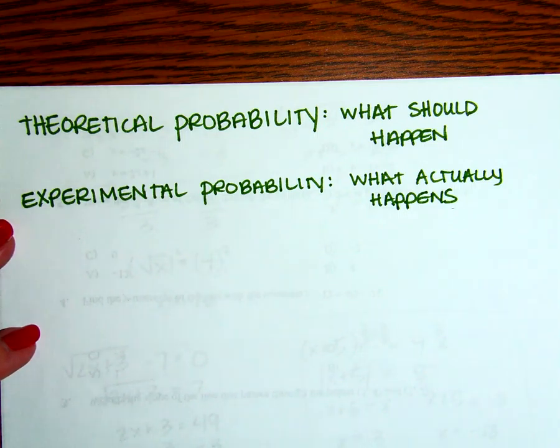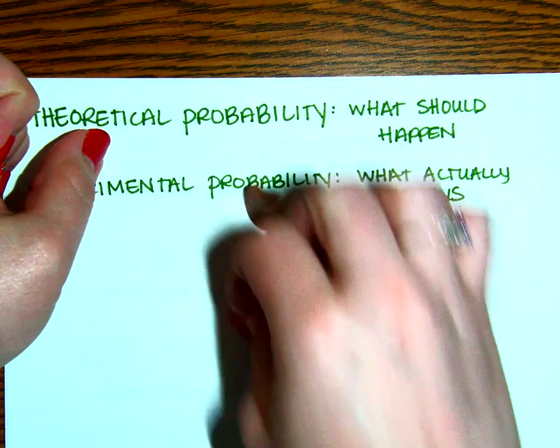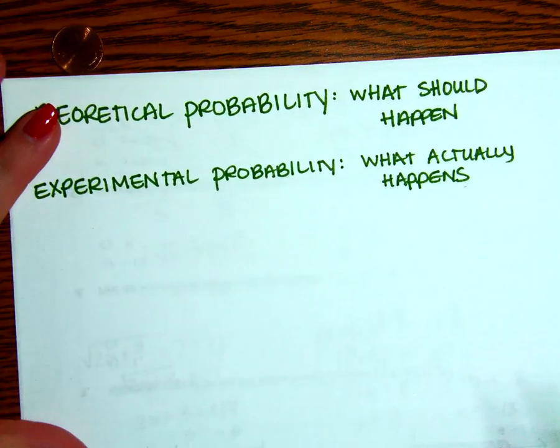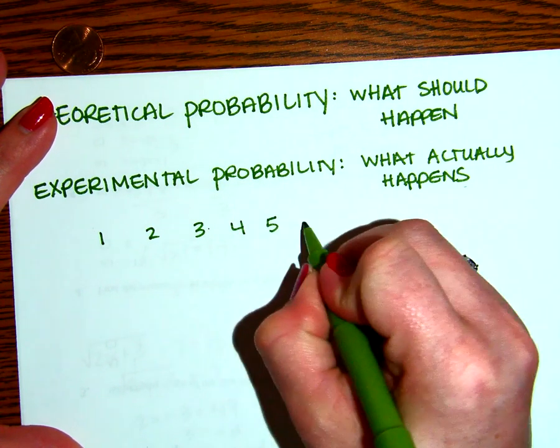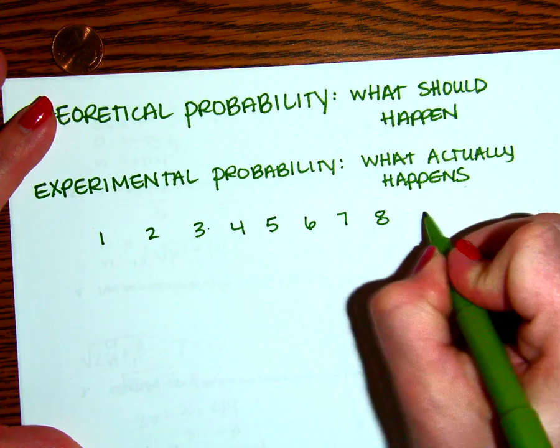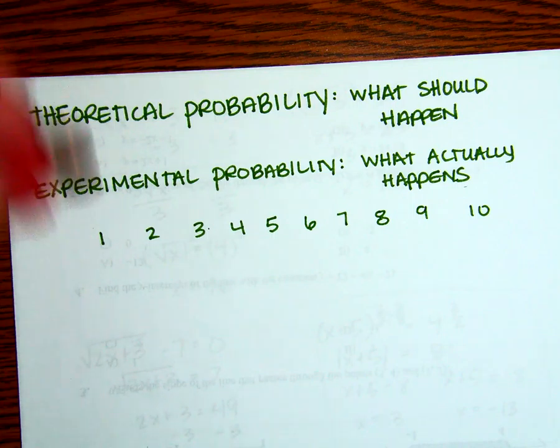Okay? So if I go through and I flip a coin 10 times, theoretically, I should get 5 heads, 5 tails. Experimentally, let's see what happens. Okay? So I have a coin. You have tails. You have heads. So I'm going to flip this coin 10 times, and we're going to actually document what happens when I flip this coin. Again, remember, theoretical, what should happen? I get 5 heads, 5 tails. That's theoretically what happens. So I'm going to go ahead and flip it